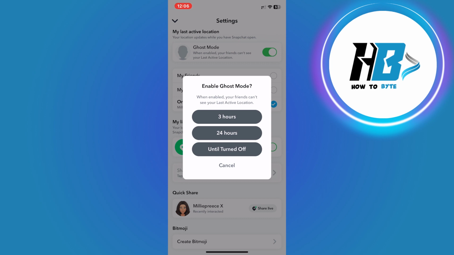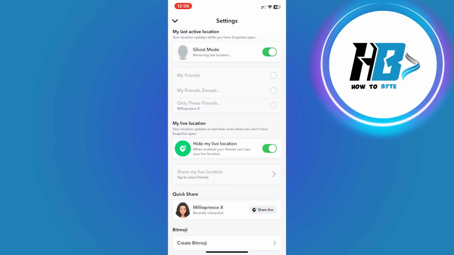You can choose to enable Ghost Mode for a set period of time, 3 hours or until you turn it off, or keep it on indefinitely. Once Ghost Mode is enabled, your location will be frozen and others won't be able to see where you are